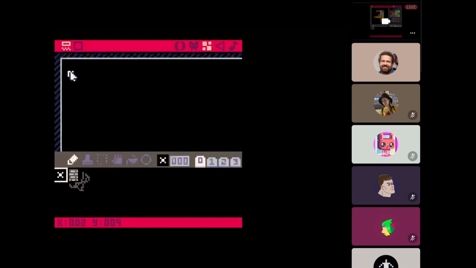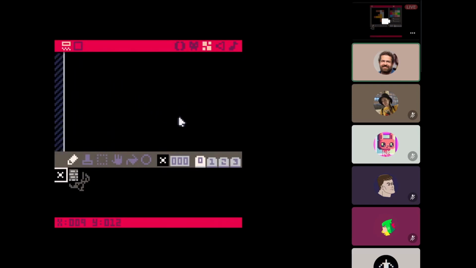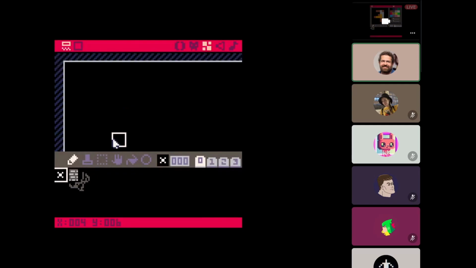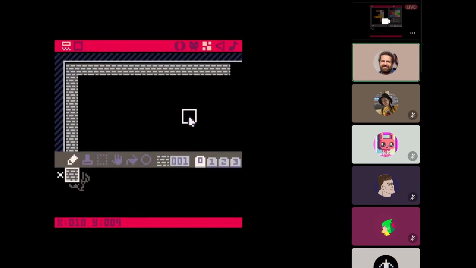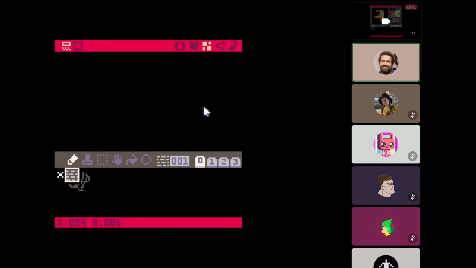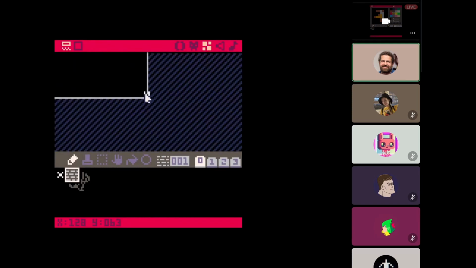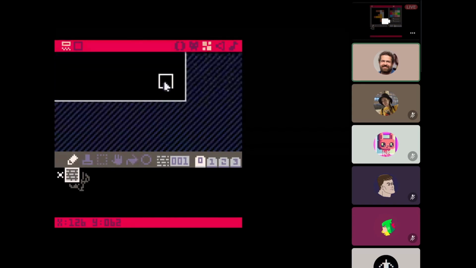Gotcha. Okay. All right, so that's just the super general idea: there's a map, the map is made of tiles, and the tiles are sprites. And if you look in the bottom left, whenever you're pointing at a part of the map, it shows you the map tile coordinates. And those go from 0,0 in the top left, and then they're going to go all the way down here to